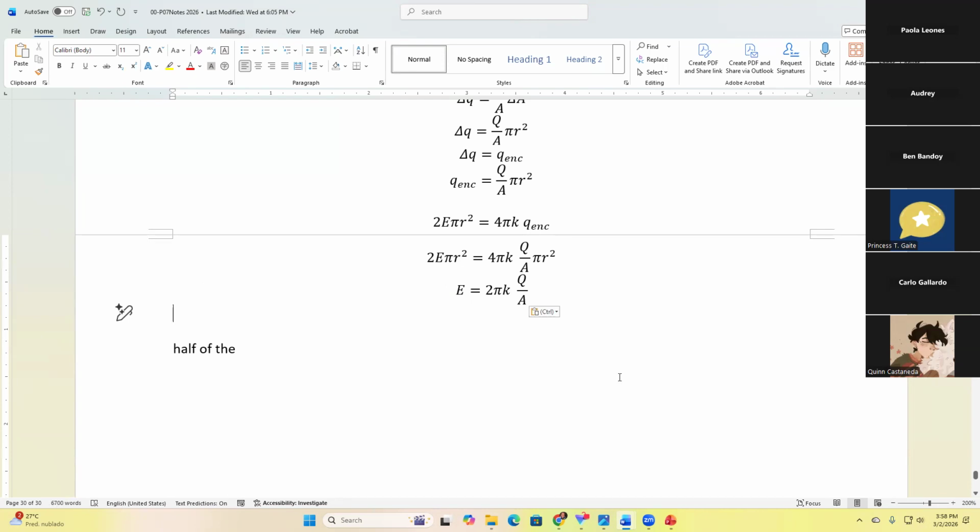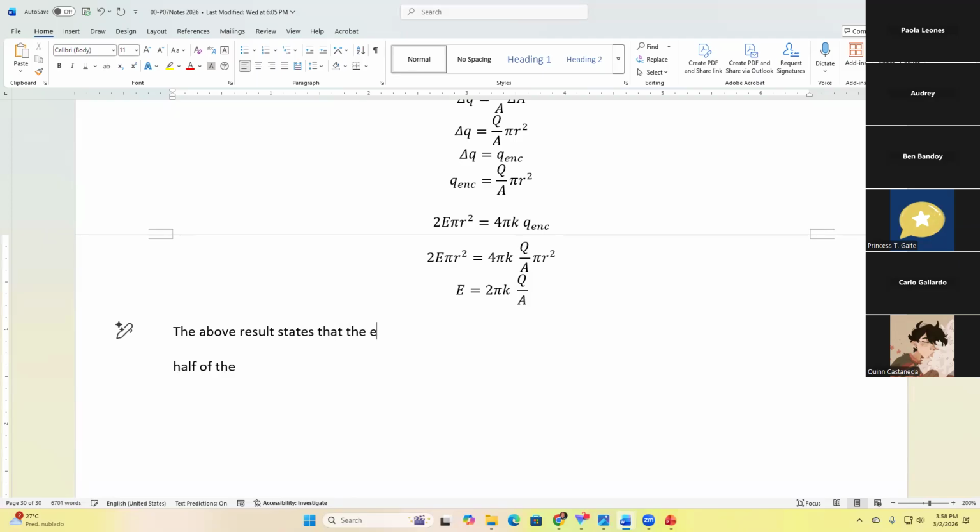And what else? Note that 2 is constant. Pi is also a constant. K is also a constant. Q is the net charge of the plate, okay? A is the area of the plate, and they are all constants. What does it mean? It means the above result